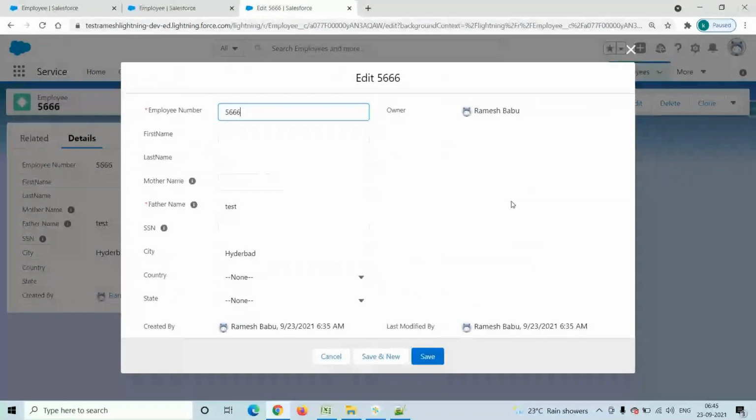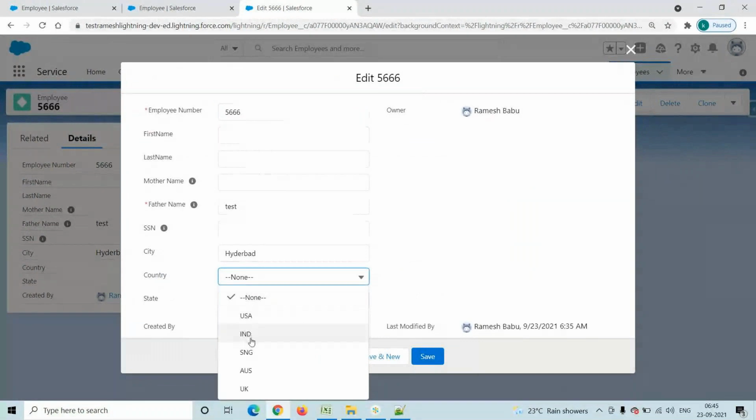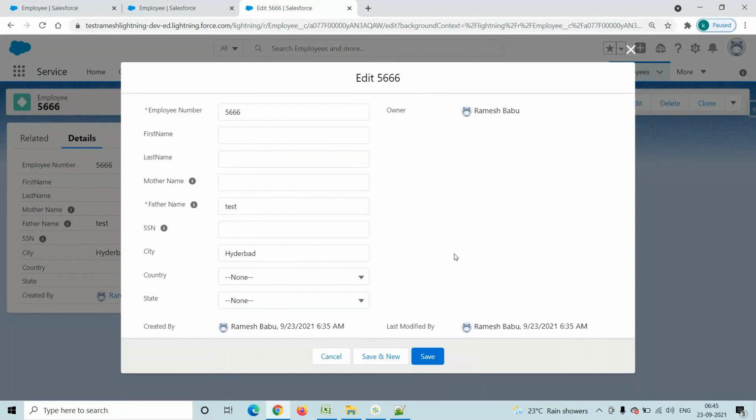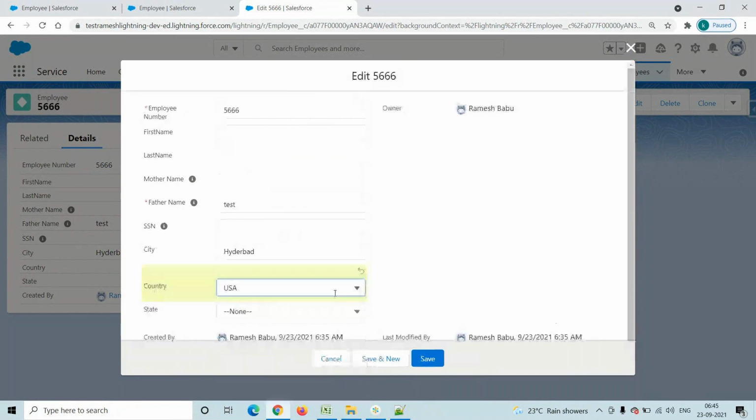Here you have to observe country is there, right? Country, state. Country is USA, India, Singapore, Australia, UK, and state is there, right? State India 1, India 2, USA 1, USA 2, some other values. Now my requirement is, you are the user. You are selecting the country as USA.